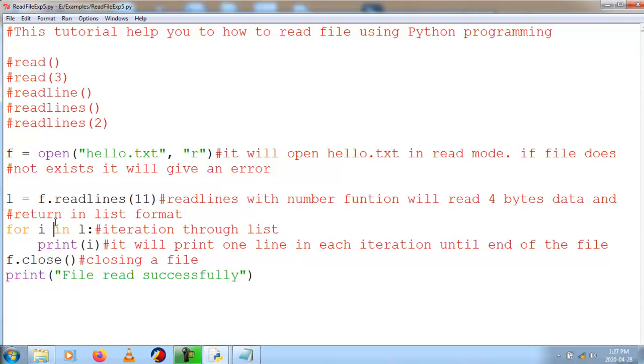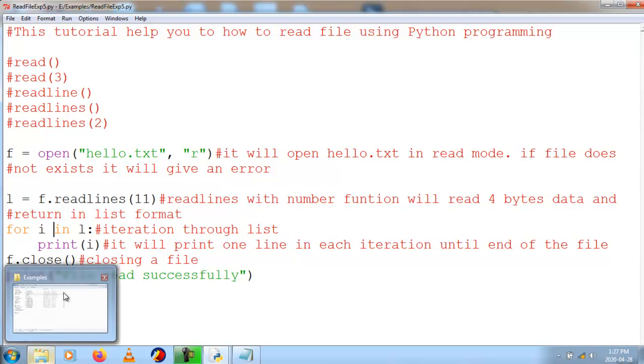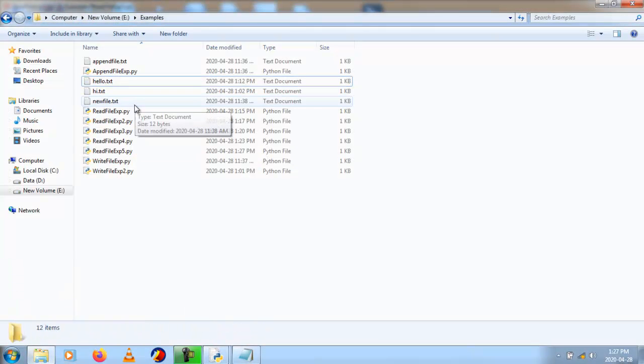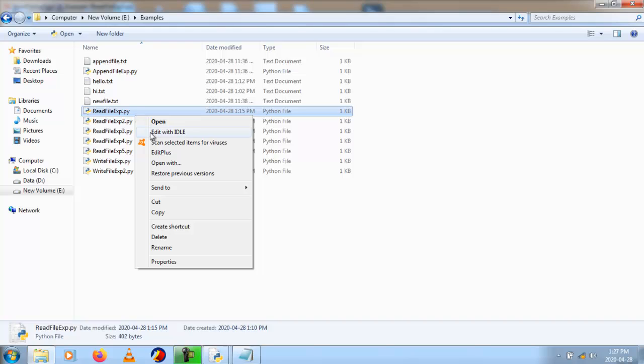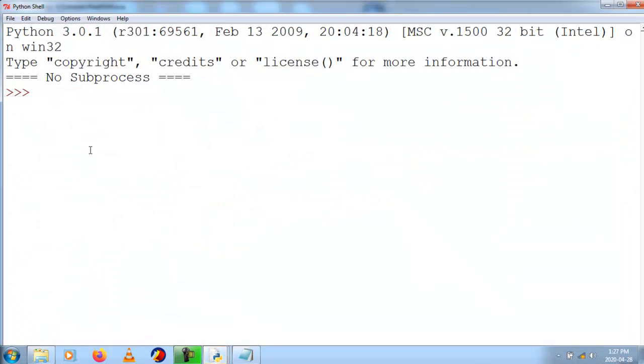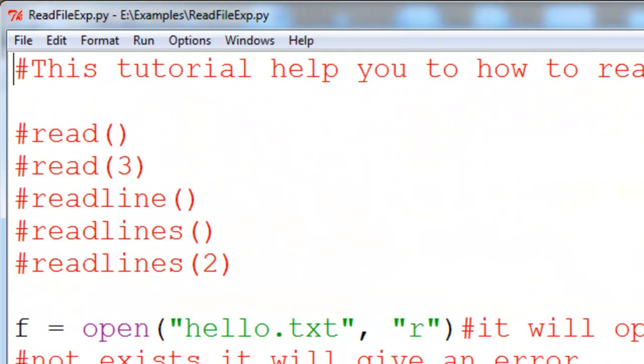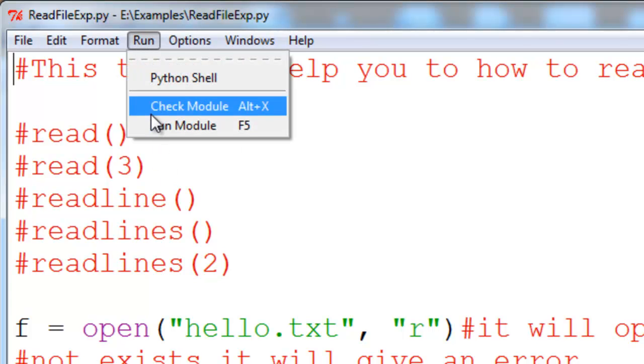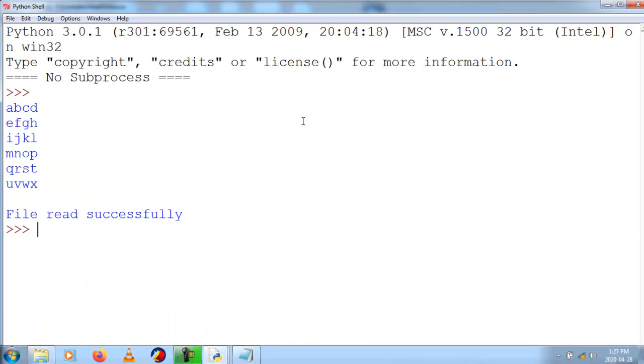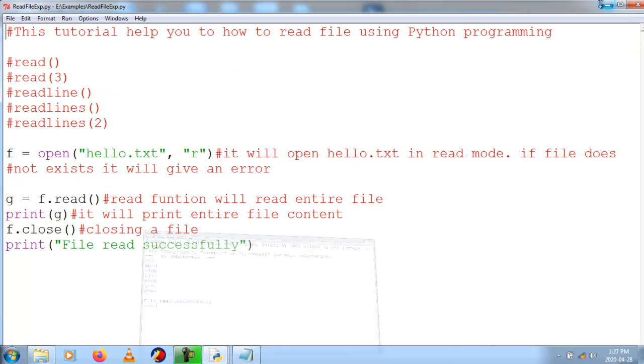This is how you need to read a file using 5 different ways. So this is the difference between them, so we'll go through the codes once again. First, read file with the read function, and here it will read the entire content, and I will get the entire content here. Whenever I run this code, the entire content will be read. Clear?